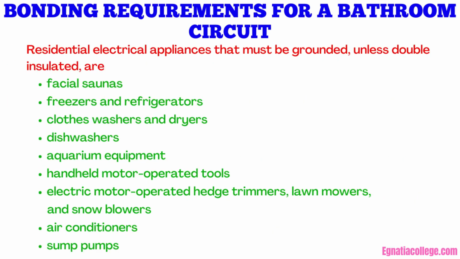Residential electrical appliances that must be grounded, unless double insulated, are facial saunas, freezers and refrigerators, clothes washers and dryers, dishwashers, aquarium equipment, handheld motor-operated tools, air conditioners, electric motor-operated hedge trimmers, lawn mowers, and snow blowers, sump pumps,